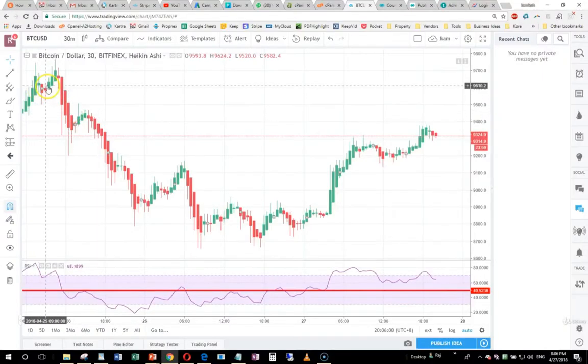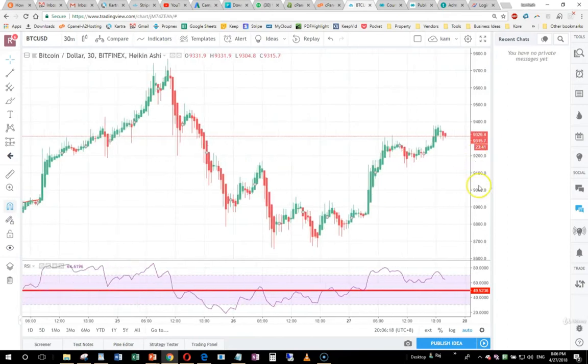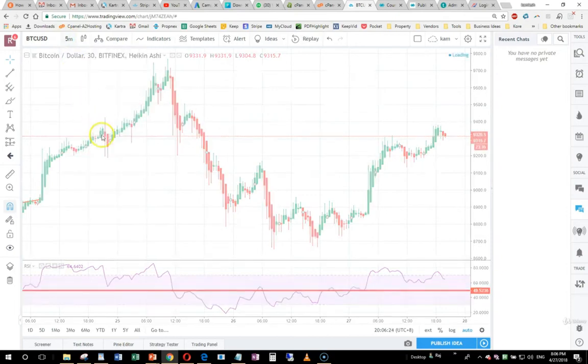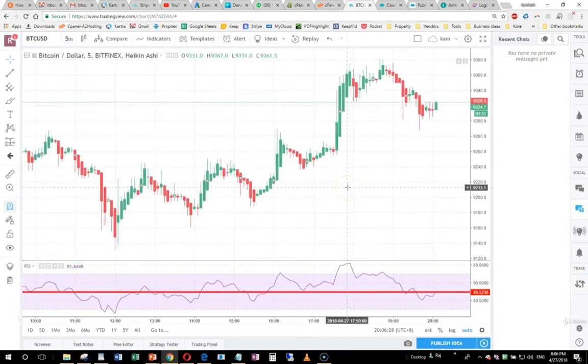In Heikin Ashi candles, we do not trade these small candles, right? These small candles we do not trade. They are junk. You only trade big candles, big candles, big candles, right? Now, how do you know what are big candles and what are small candles? So I'm on a 30-minute chart. Maybe I can just go to a 5-minute chart, yeah, to make it easier and more relevant, right? So you can see a lot more going on.